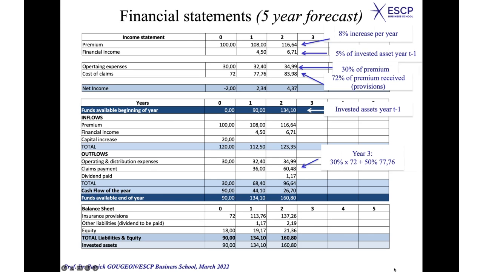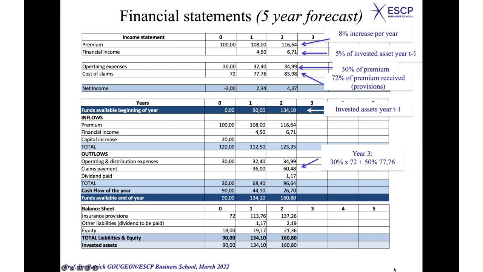So since the total cost of claims for the first premium received, 100, was 72, you start by paying 36 of that, 50% of 72. What happened in year two? Year two, you have the second installment of the first premium received. The second installment is 30%. So you still have to pay 30% of 72,